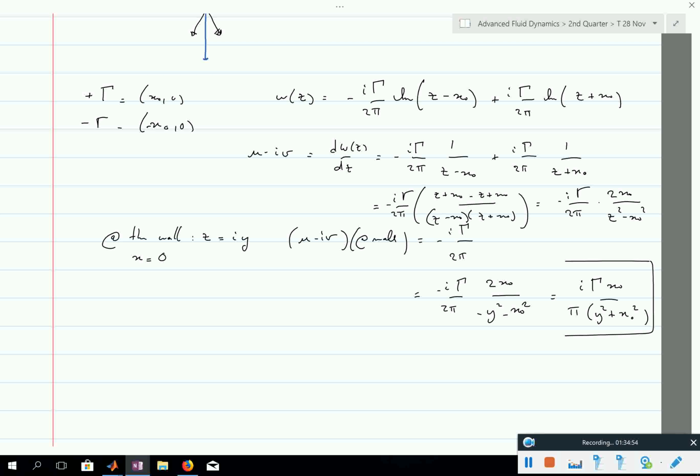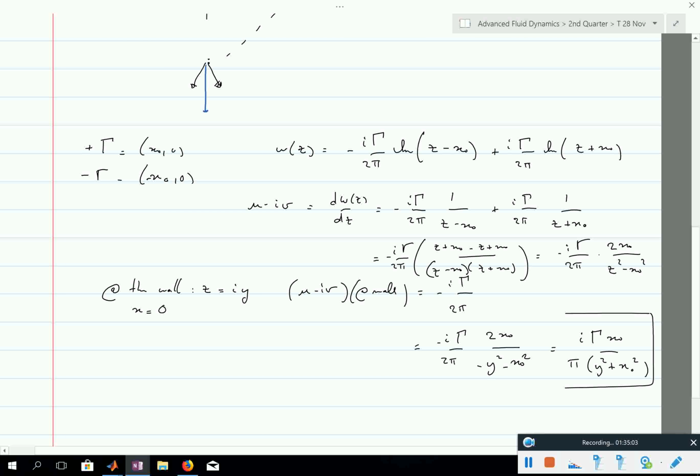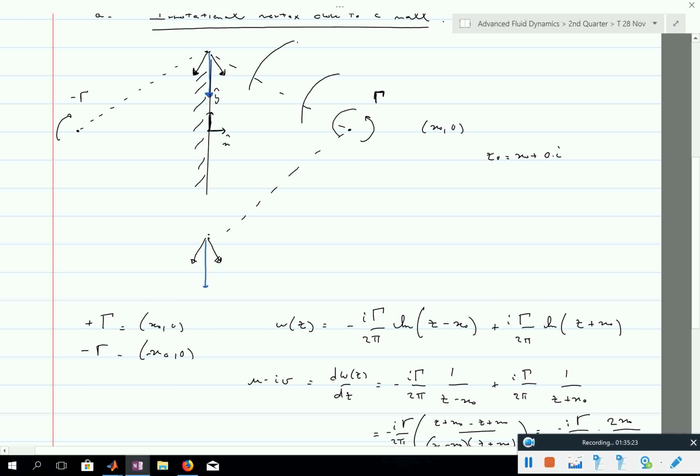So I know the velocity at the wall is in the v direction. Now the one thing you have to be careful about is the sign. Which sign does v have? Negative, right? Because this here is negative v. So v is negative, and if you look at your picture, you knew that v was negative from the picture, so you expected a negative number. Now we're done, but let me ask you, given this,